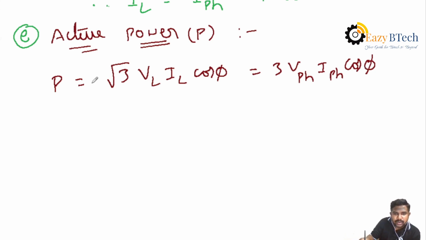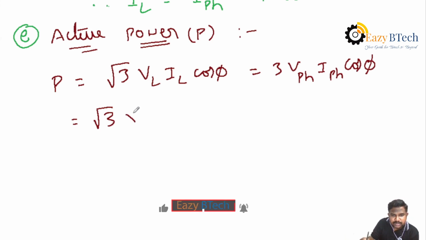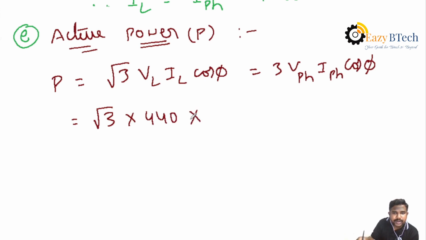Then you can replace the values which are found. That is root 3 into, we know the line voltage. The line voltage is the given supply voltage. That is root 3 into 440 volts into IL value we can find out. That is